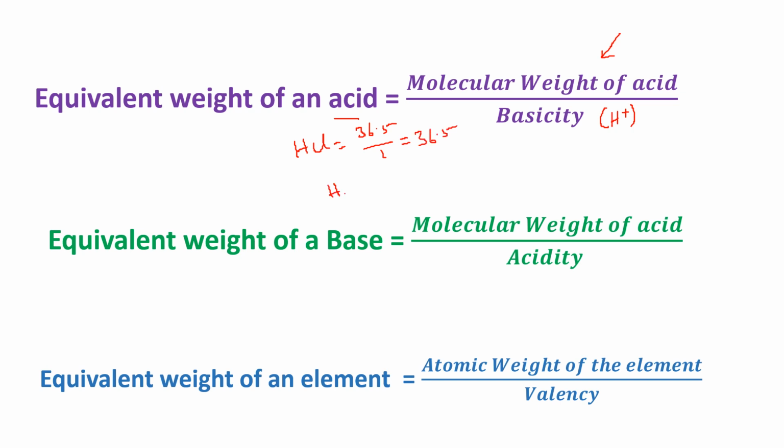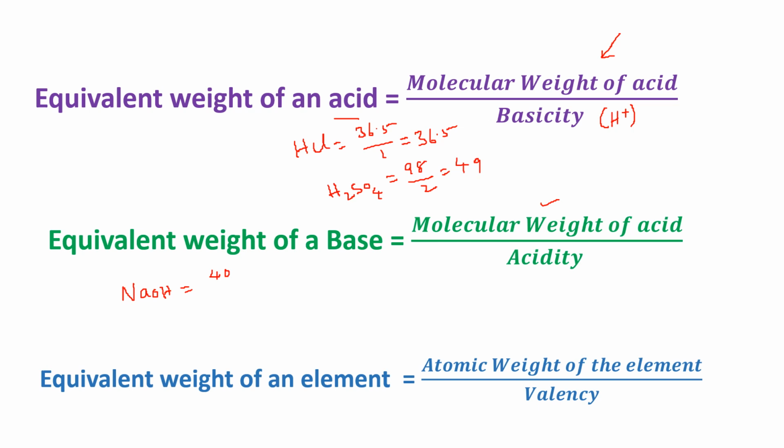Similarly, suppose you take H2SO4, then molecular weight is 98 divided by 2. Indirectly, 49 is the equivalent weight of sulfuric acid. Suppose it is a base, suppose you take sodium hydroxide, that is gram molecular weight, that is 40, divided by replaceable